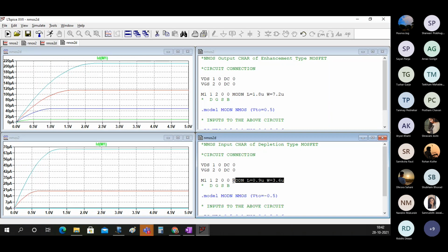See this line. Your length was 1.8, 7.2. I just made it half. What are you expecting? Come on, unmute and answer quickly. Rashmi Joshi, can you answer this?